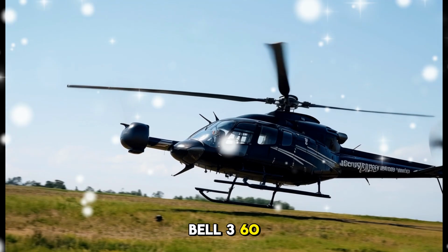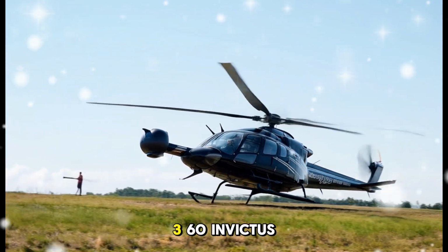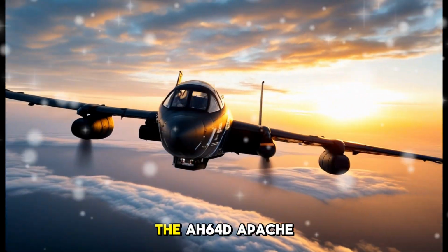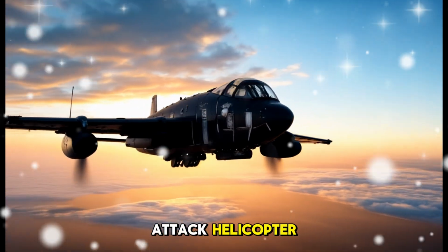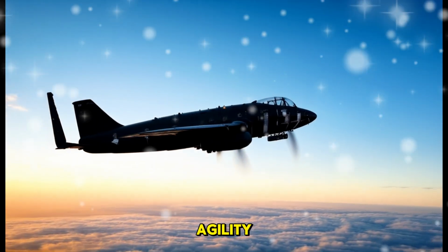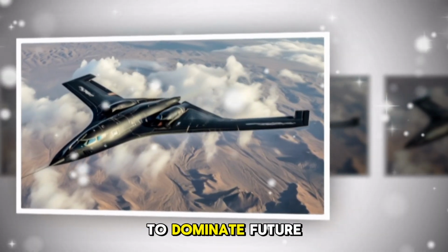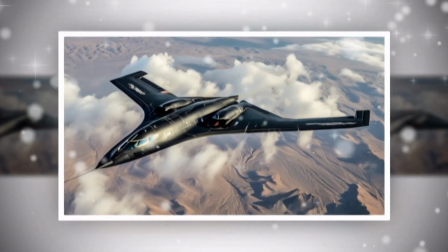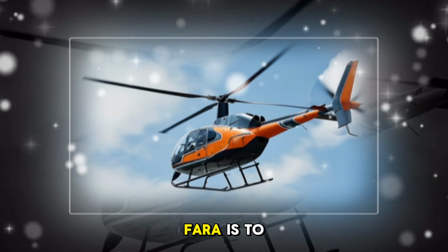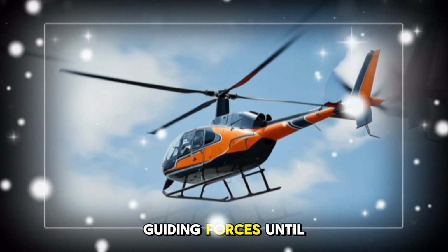Bell 360 Invictus. One such prototype is the Bell 360 Invictus, designed to complement and eventually replace the AH-64D Apache attack helicopter. The Bell 360 Invictus merges agility, firepower, and a modular open systems architecture to dominate future battlefields. Its role as a future attack reconnaissance aircraft, FARA, is to ensure security and situational awareness, guiding forces until the